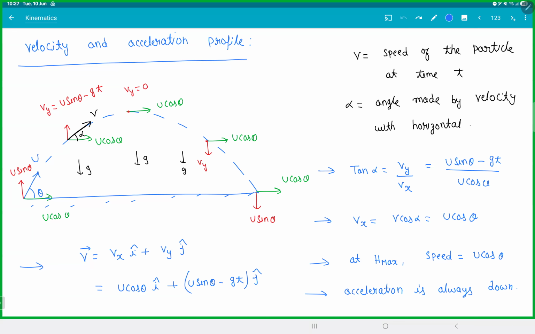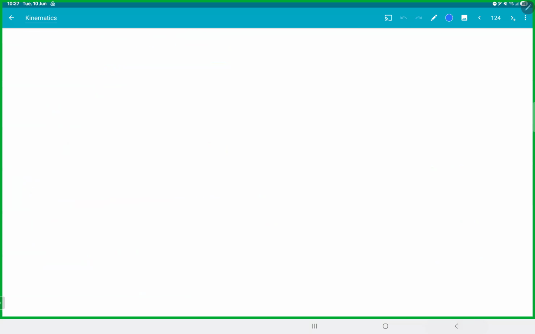V is u plus at, s is ut plus half at square. What kind of problems we did? So if I just brief up all the formulas, this should help you. You should definitely remember this and come for the next class. So if you project it with u and theta,